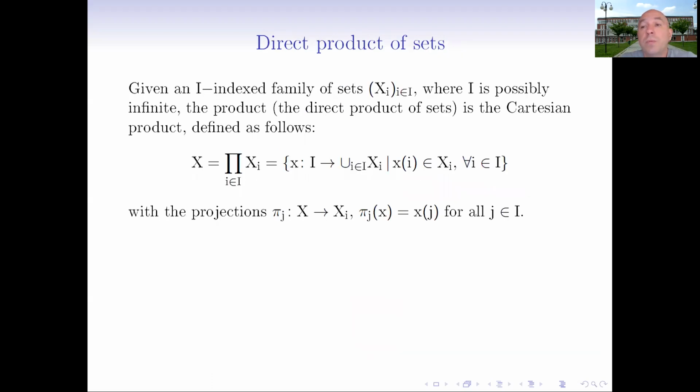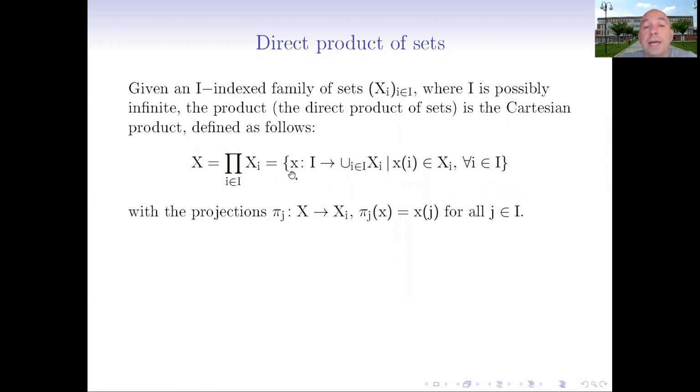Suppose we are in the category of sets, where the objects are sets and morphisms are maps between sets. Suppose we have a family of sets Xi with the index set I, where I is again possibly infinite. If it's finite, I will show that's just exactly what we know. Then the product, the direct product of sets, is the Cartesian product defined as follows. So in fact,